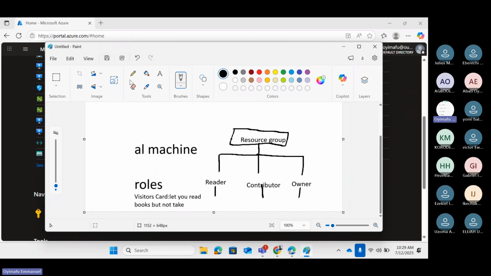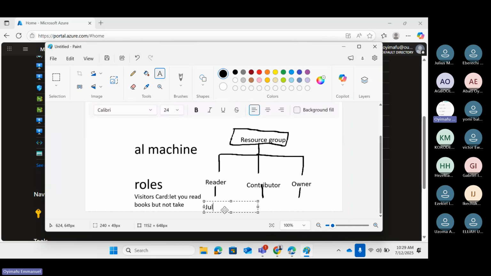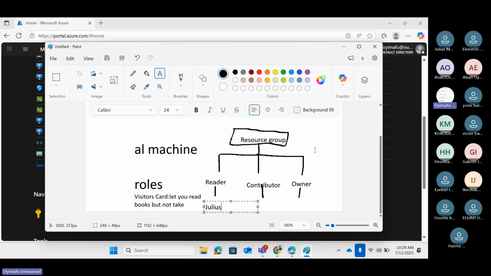So I'll just come here. Where is my text again? I'll just do it here. Julius will be here. So Julius is a reader now. Then the person I want to be the contributor, I can say is Victor. So I'll just come here, specify Victor as a contributor, Victor. Then for the owner now, I can say, okay, I want Yomi to be the owner of this particular